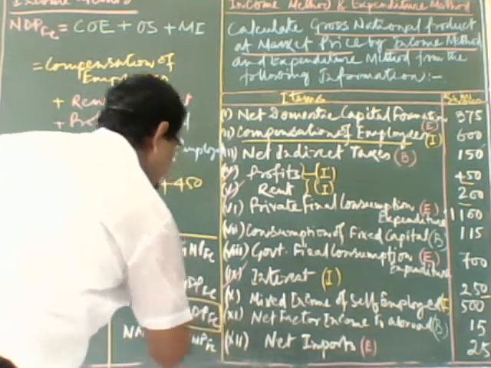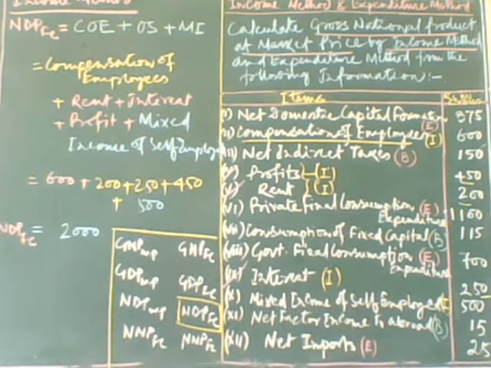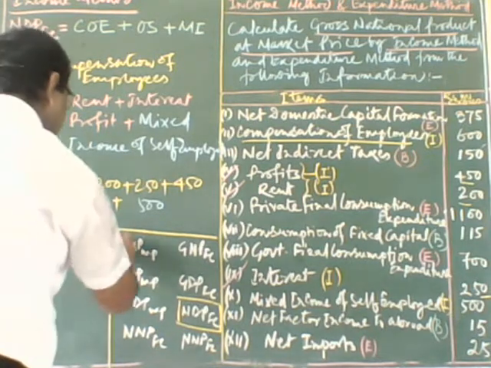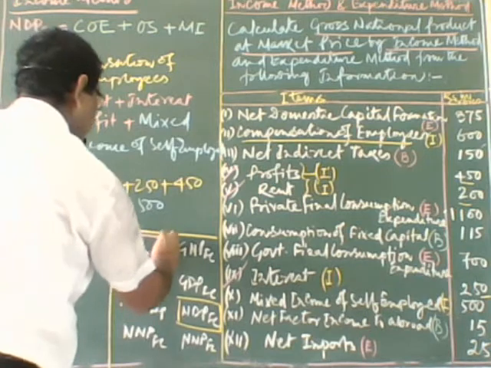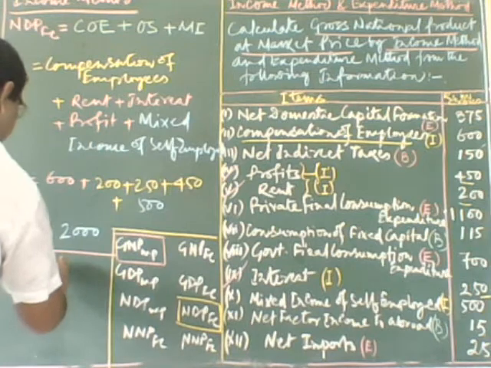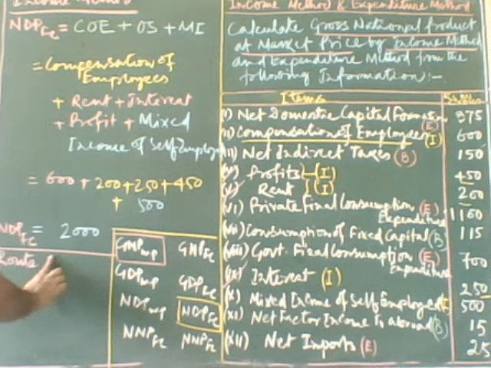So from this NDP factor cost, you have to calculate the value of gross national product at market price. That means you have to find out the value of this one. So the route is what? The route is